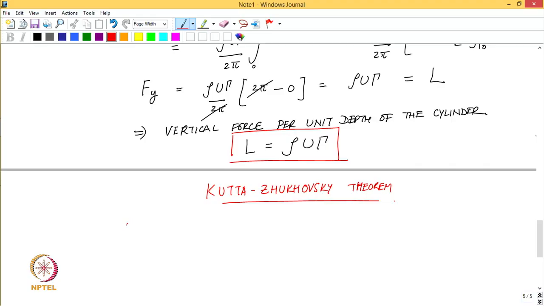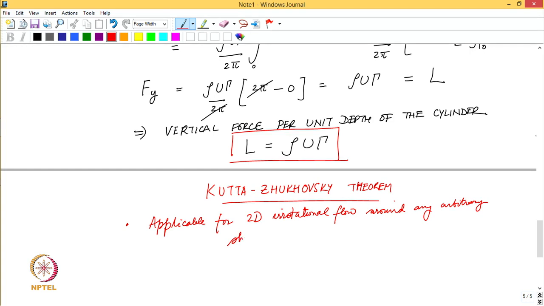So, this result is applicable for 2D irrotational flow around any arbitrary shaped body,